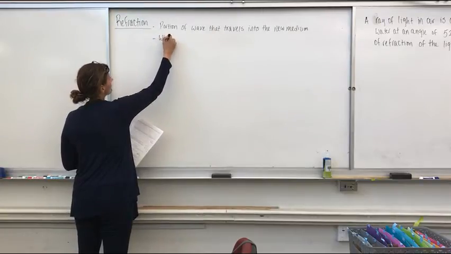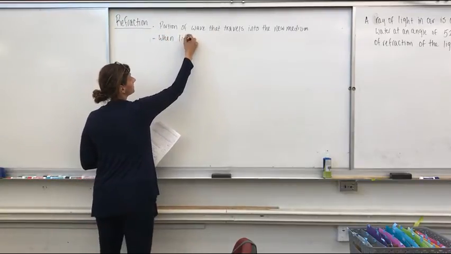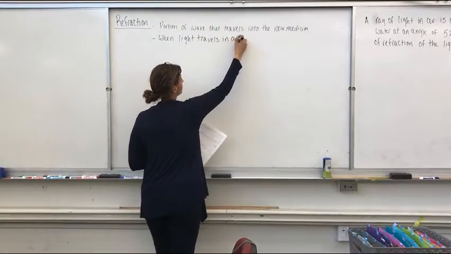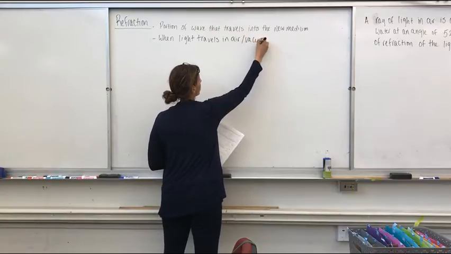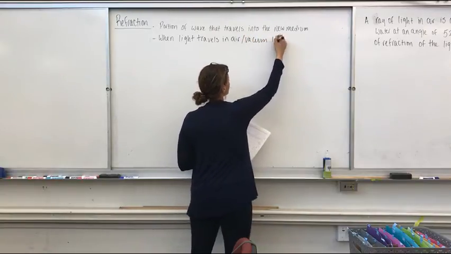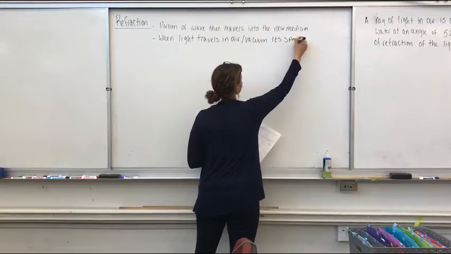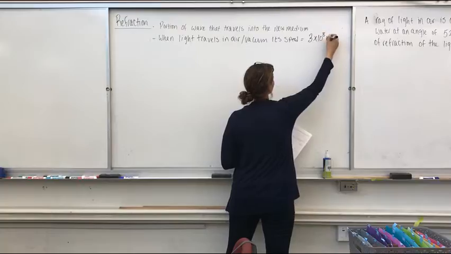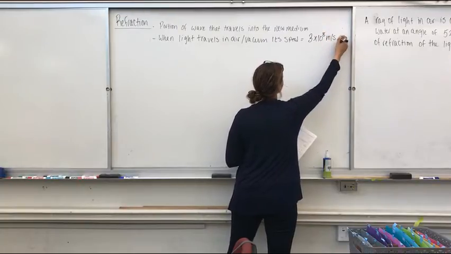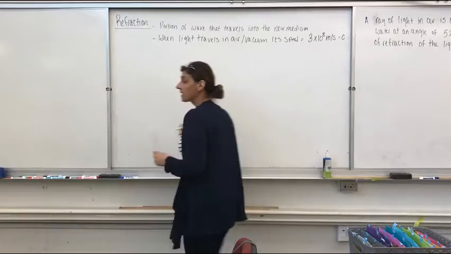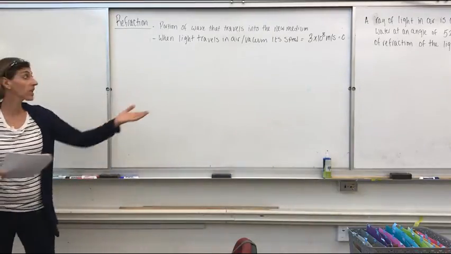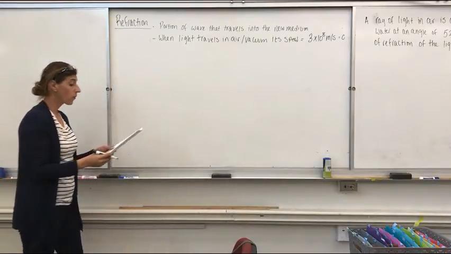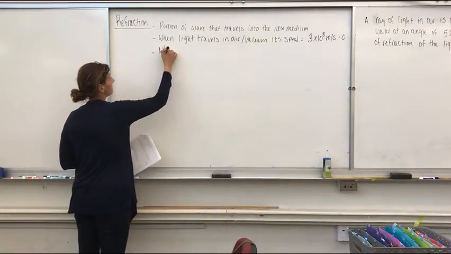When light travels in air or a vacuum, its speed is 3 times 10 to the 8th meters per second. Remember, that's the speed of light. We use the letter c to symbolize the speed of light at 3 times 10 to the 8th meters per second. When light enters a different medium,